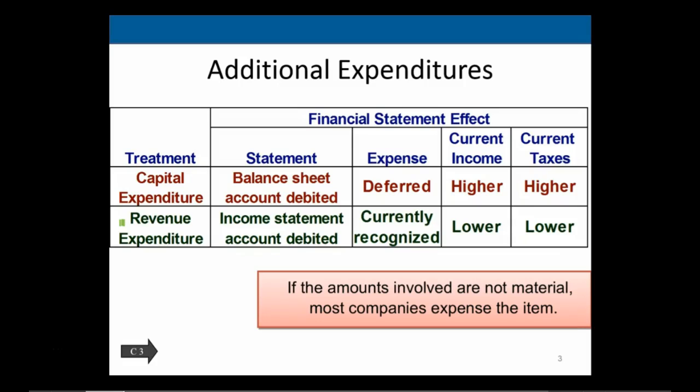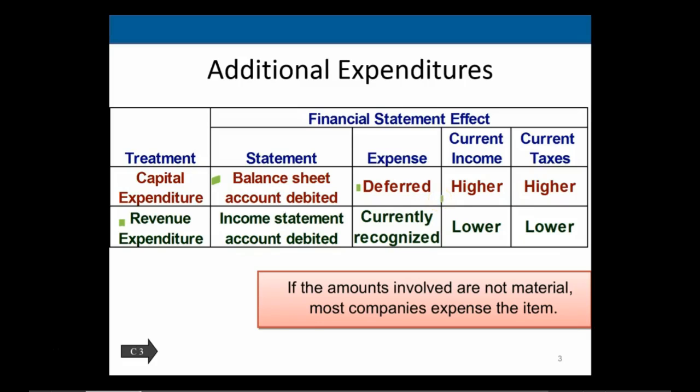If we were to capitalize, just like when we put the asset on the books, we would then put it on the balance sheet. We debit an asset, just like we did when we put the original building or the original equipment on the balance sheet, and we credit cash or whatever we used to pay for the improvements. And that would mean that the expense is deferred. That means that we're not incurring the expense today because we put it on as an asset, and we will